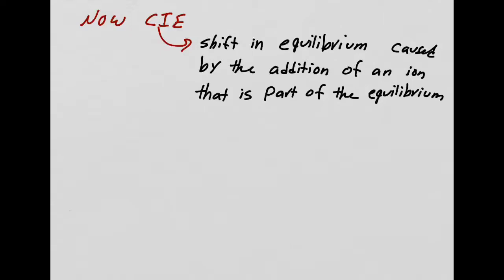And when I say addition of an ion from a different source, you would add it. So in the shift in equilibrium, if you add from a different source one of the ions that are involved in equilibrium, and we've seen this before. You definitely have seen this before. So what are we talking about? Remember Le Chatelier? So based on the Le Chatelier principle,